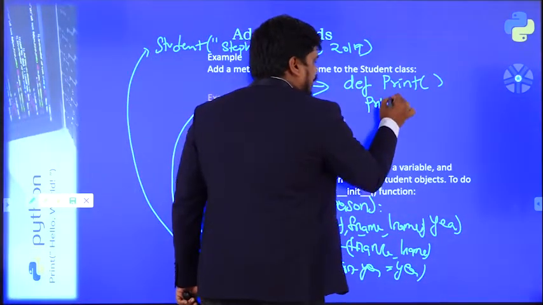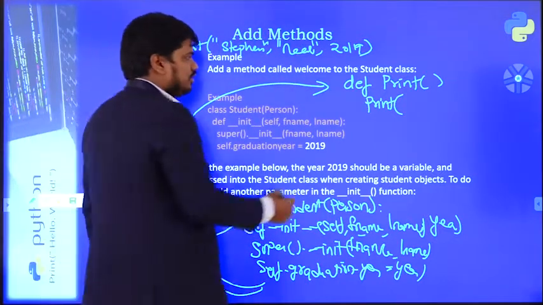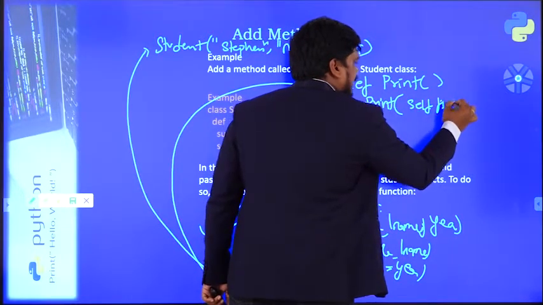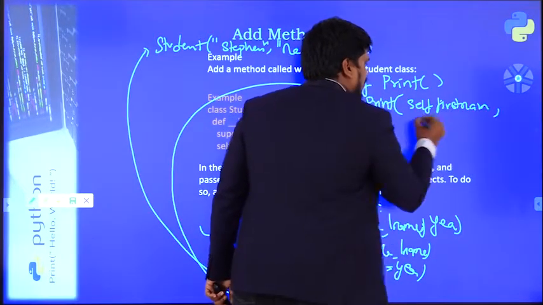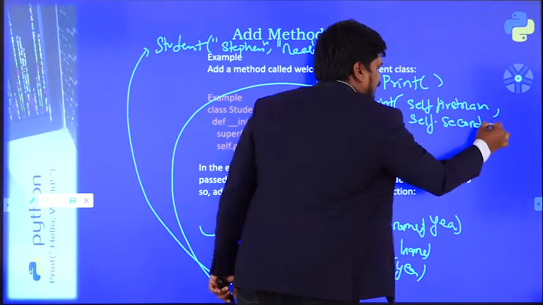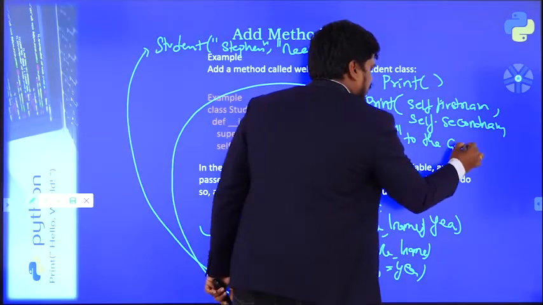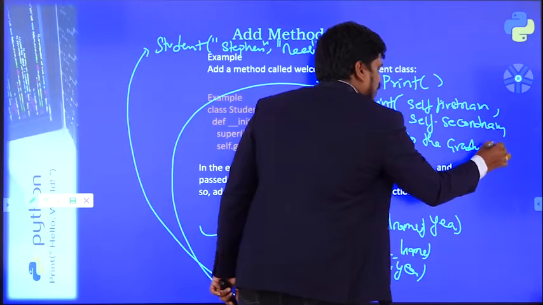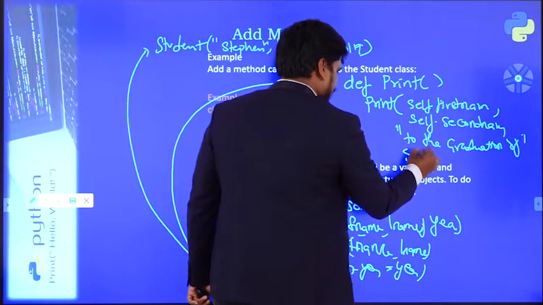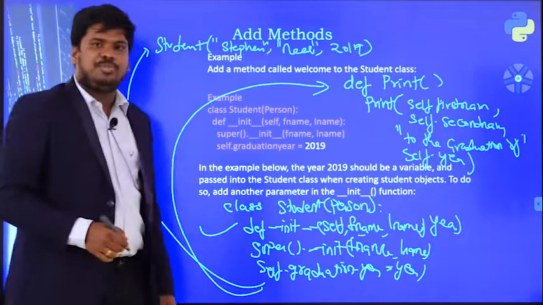Inside this print I am writing print of self.first_name, self.second_name, to the graduation of, that is self.year. So I am having a print method as well.